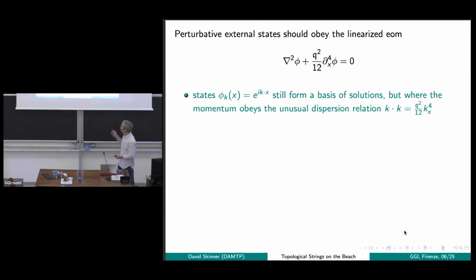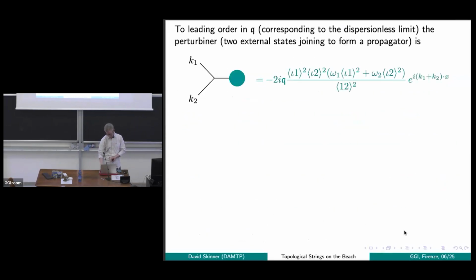So that came with a Q squared, and the thing that came with just one power of Q, that was just the interaction. So working just to linear order in Q, this Q comes from just this interaction vertex here, and then all the other Qs that will be in my external states or in my propagators coming from the modified dispersion relation, those I've all set to 0. So essentially I'm in the dispersionless limit when I do this.